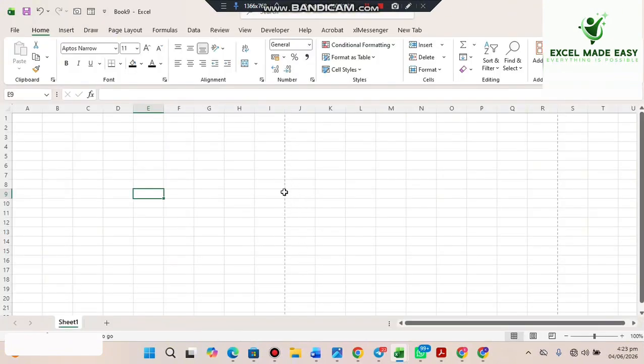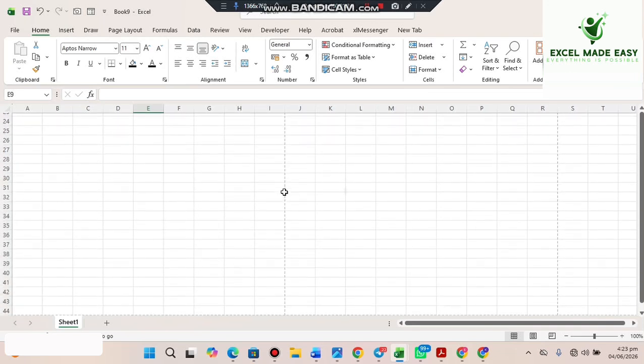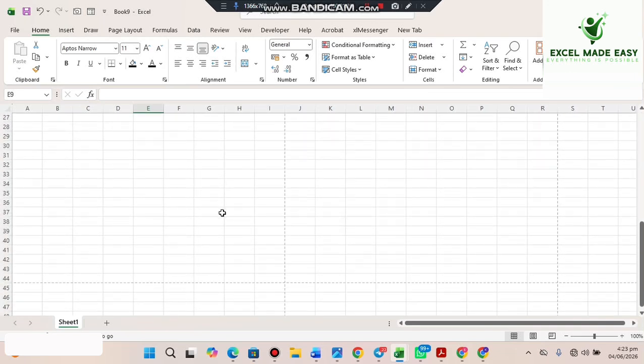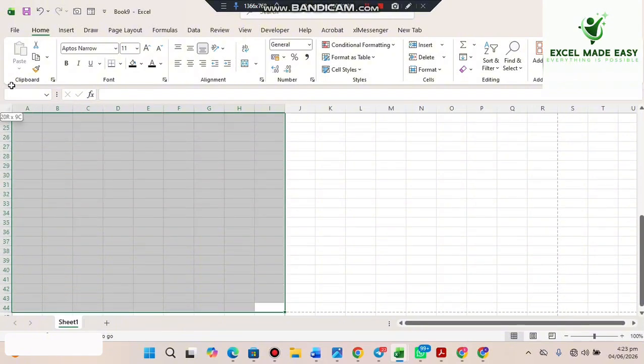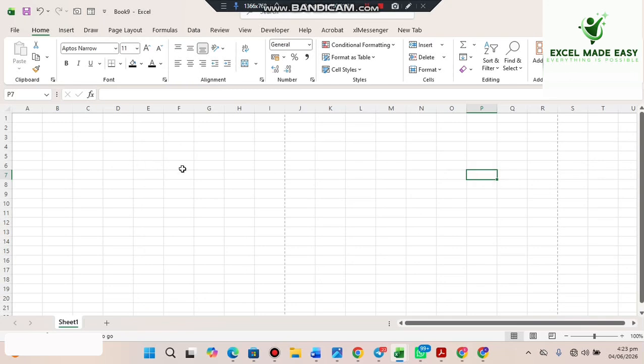Now this line shows the borders of one page. So this is what we mean by a page. When we are creating the template, it should be within one page. When it crosses, it goes to another page. I'm going to create a template within this page. So let's start by creating,